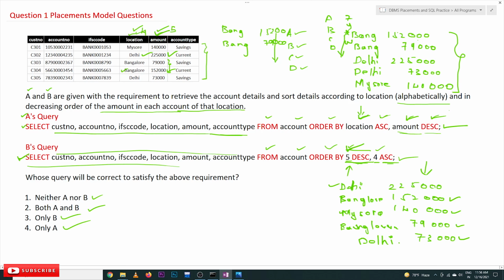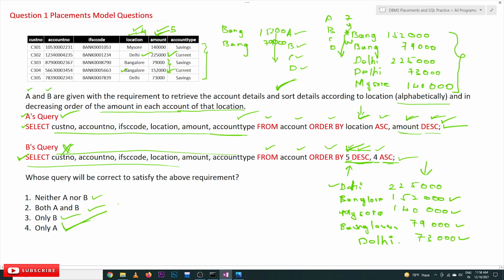See here, the fifth column has been given, and after that based upon this arrangement, these arrangements will be done in the ascending order. If possible it is going to do, if not it cannot do anything. But in this case, in this first query's case, we have fulfilled the requirement. The requirement that is given is fulfilled by the first query, but it is not fulfilled by the B's query. A's query is right and B's query is wrong. So the right option is only A. Only A will get satisfied.